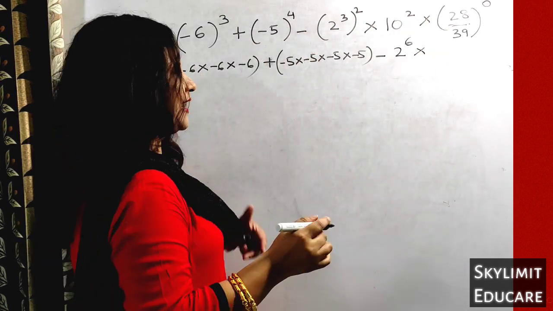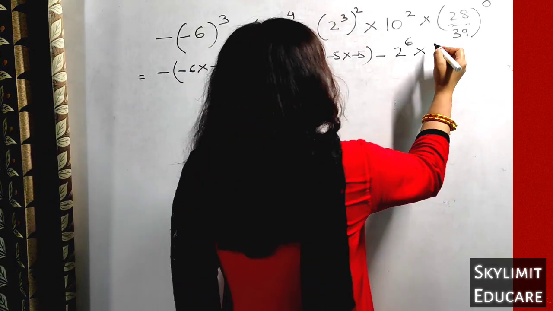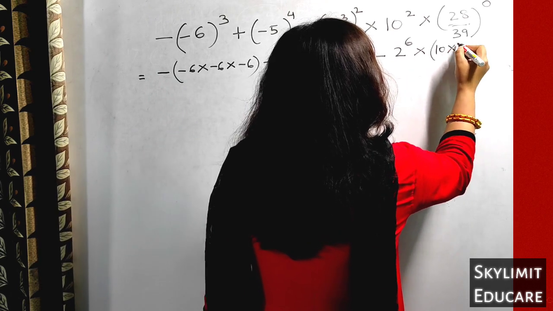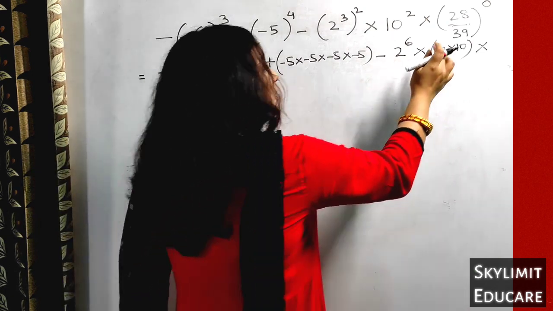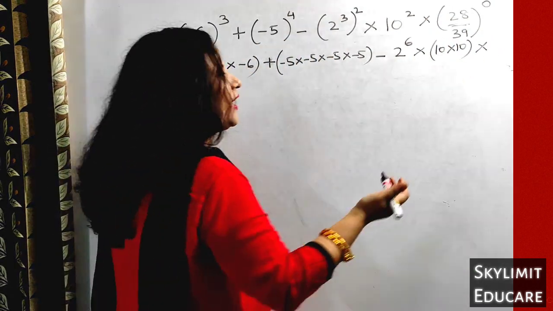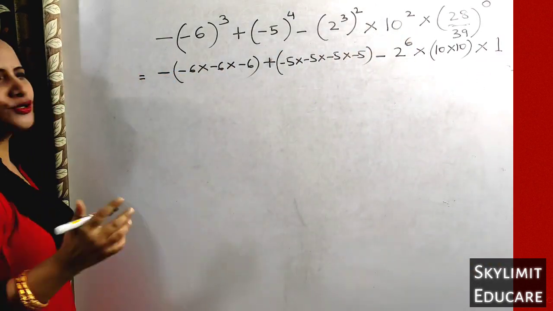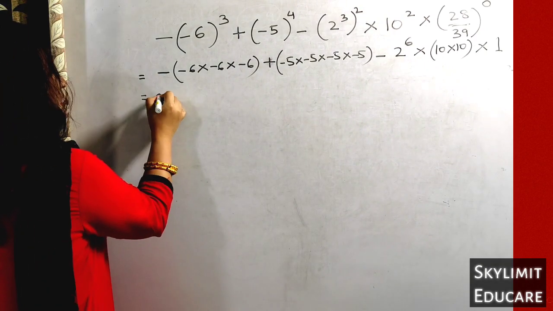10 square means what? 10 is multiplied by itself how many times? 2 times. You can write 10 tens are 100, or in the first step you can write 10 multiplied by 10. Since you are beginning with this, you can write 10 multiplied by 10. Now this is raised to the power of how much? 0. What is the answer? 1. As simple. Anything to the power of 0 is equal to how much? 1. Okay? Now, let us start.